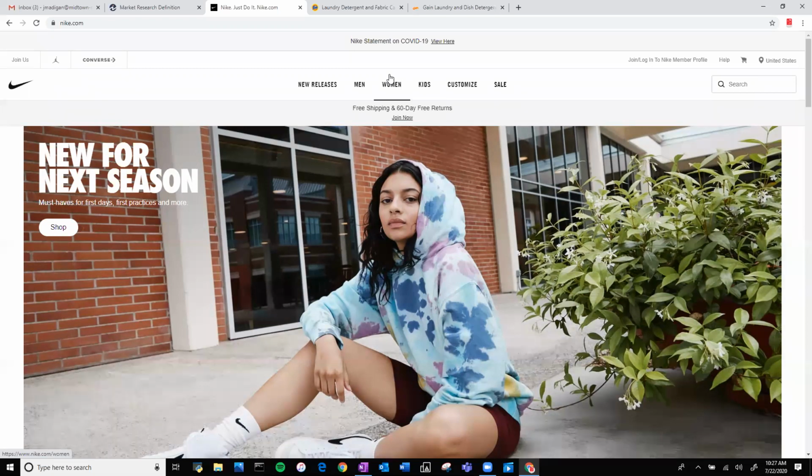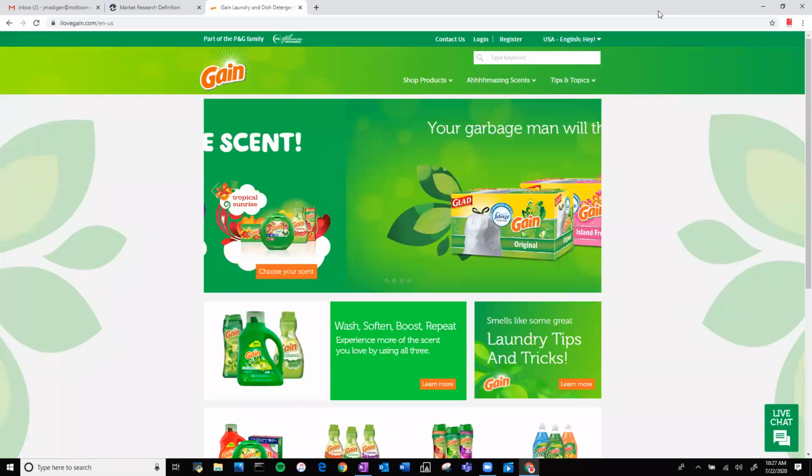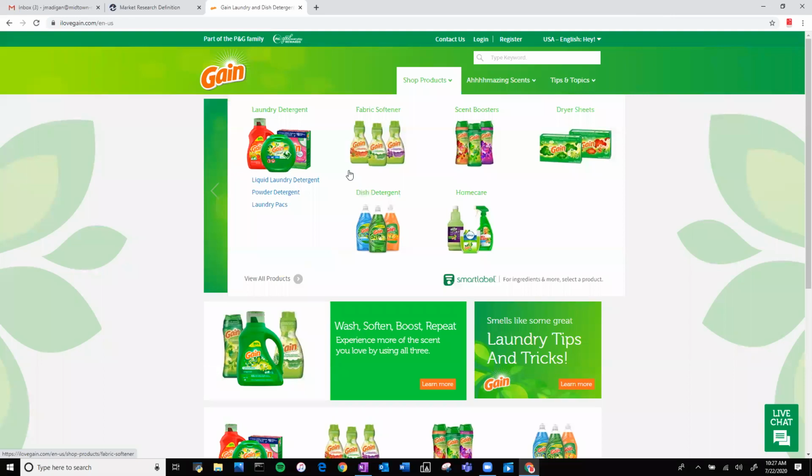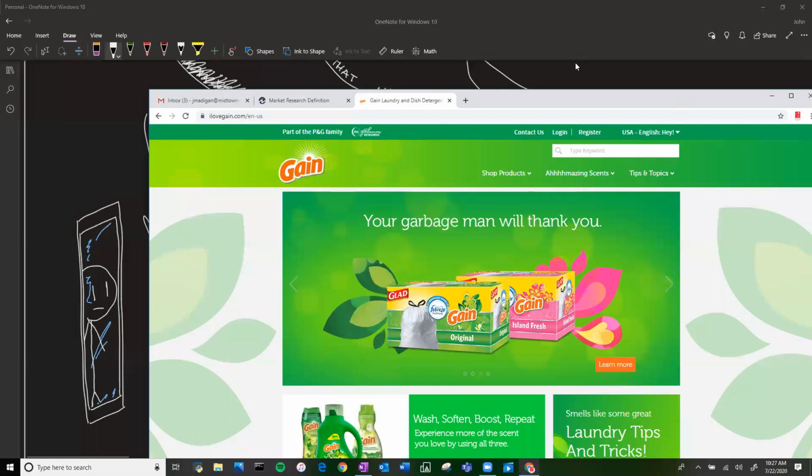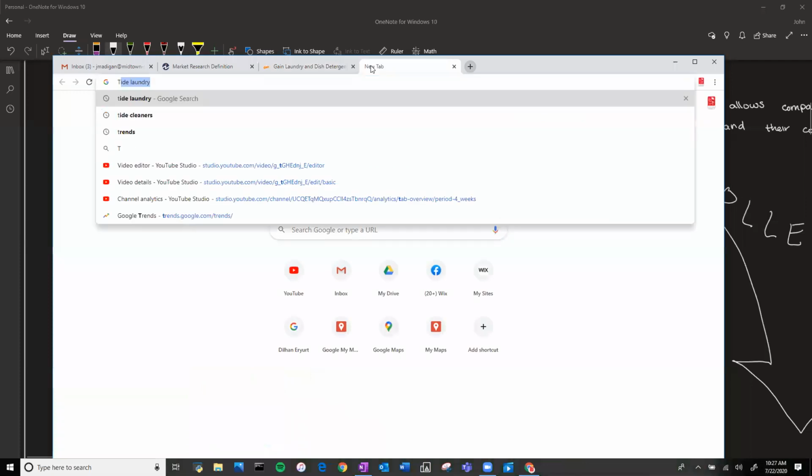And this is the example that I was given in my marketing class, the next one that we're going to use, just so we can see it. I think it's easier to see. It's not that exciting or relatable, but it's laundry detergent. It makes it pretty clear. Like I said, not all that exciting. But we can pull it up. So Gain is a laundry detergent. The interesting thing about Gain versus